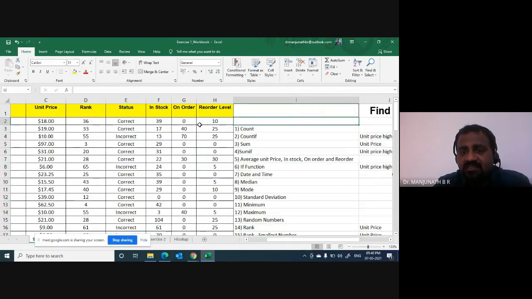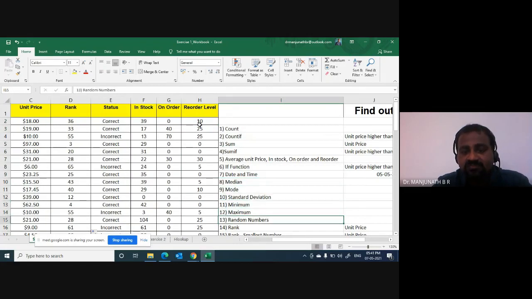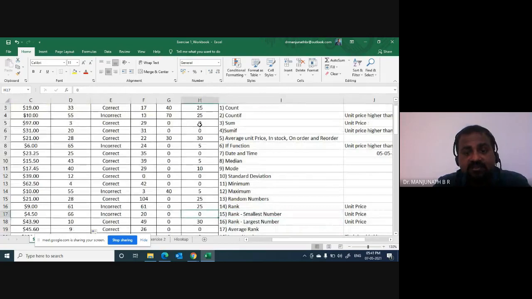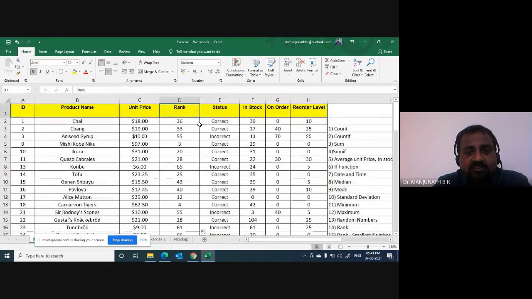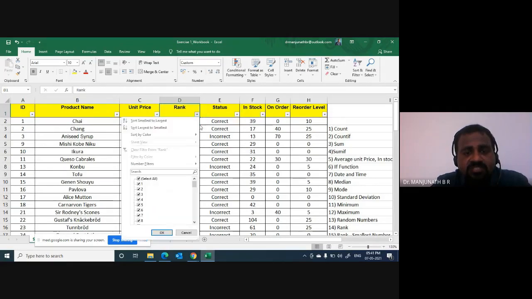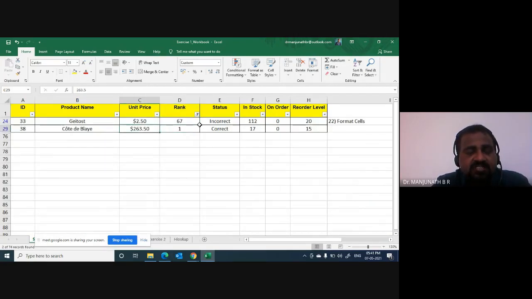Okay, so this is the rank which I was talking about. If you see here in task number 14, tasks 15 and 16 I'll be completing by showing you something. Please have a look over here. If you just type in the rank and get the rank for all the data, which number does the first rank go to? Let us select the first rank and the last rank. The first rank went with the highest unit price and the last rank went with the lowest unit price. Correct?